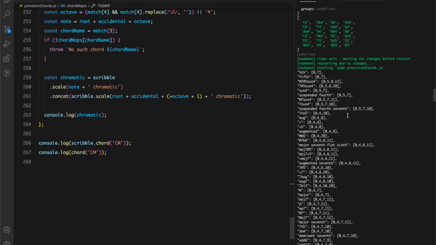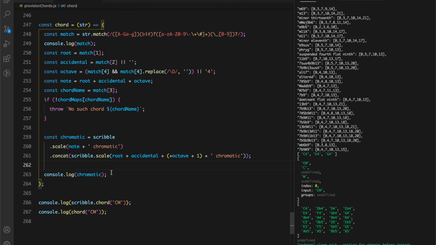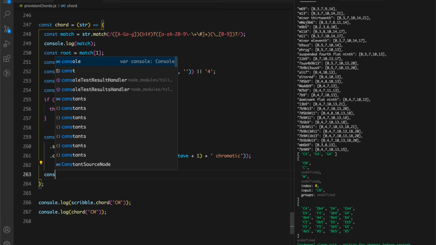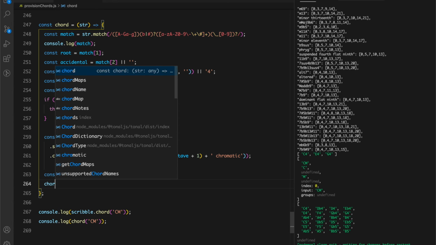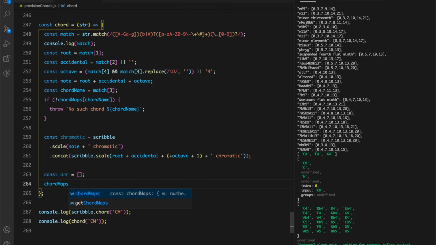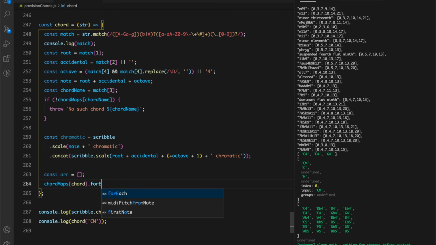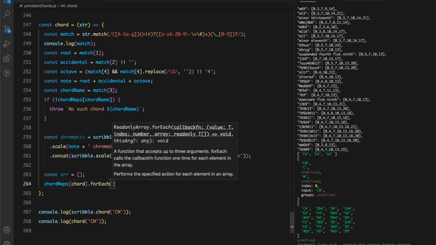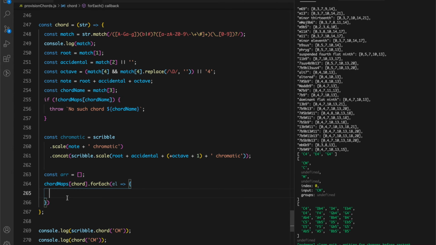Now the next thing is to just check if it is returning the chords. Not yet. We can get rid of this chromatic. We can create a new array, and in this array we're just going to iterate over the incoming chord, and we'll add some error handling for this like we did for scales, but basically we are going to iterate over each element and then push it into the array based on its index.